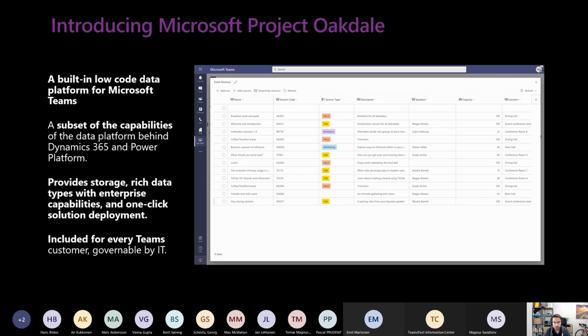It's a subset of the capability that we have inside Dynamics 365 and the Power Platform, because we have the possibility to have storage with rich data types and enterprise capability, the possibility to create tables with relationships, and create applications that use this kind of storage.